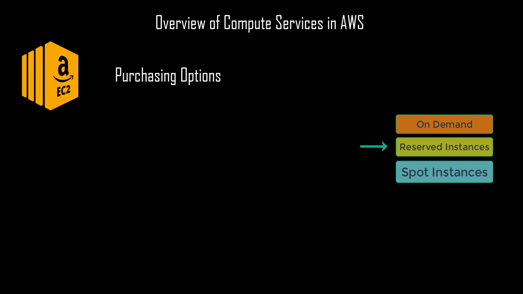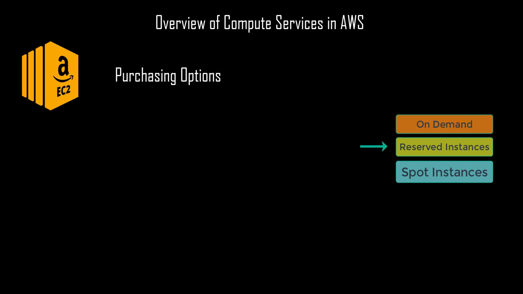Now let's take a look at the second option, which is a reserved instance. A reserved instance allows you to purchase an instance for a longer period of time. So you've got two options. You can select between 1 year and 3 years and you get a significant discount. But you are responsible for the cost of that instance for that entire period. It doesn't matter whether your instance is on or off. You're going to pay for that instance for a period of